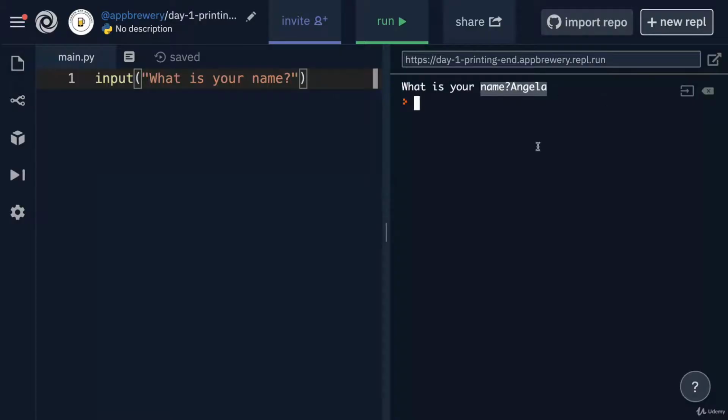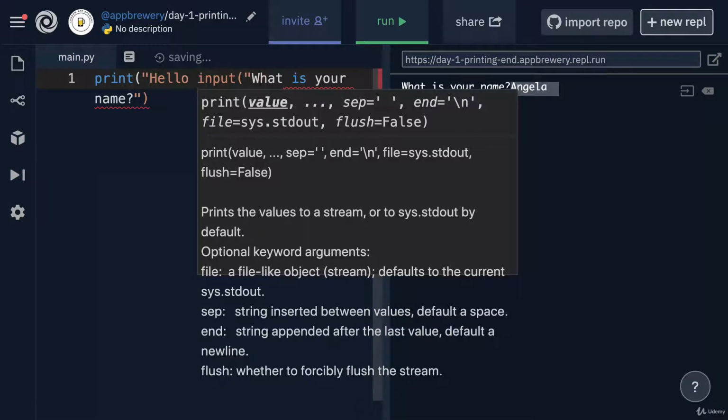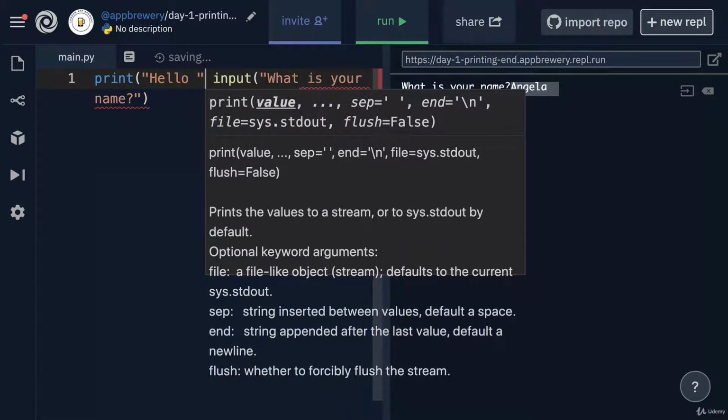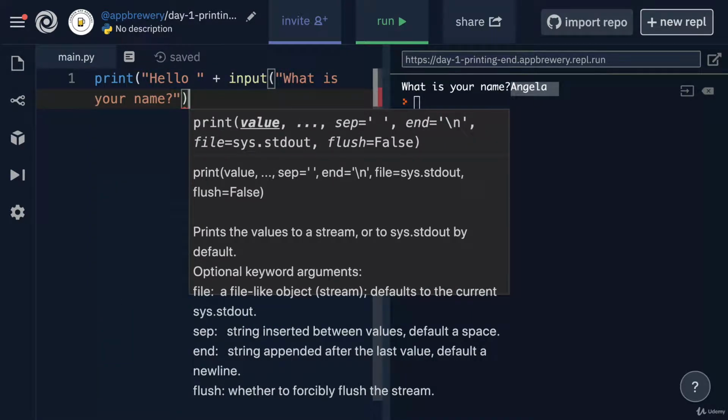So what can we do with this data? Well, we can use it inside our code. Remember how I said, once this line of code executes and I've entered Angela as the response to this input, then this part of the code gets replaced by whatever it is that the user typed in. So in this case, it becomes Angela. And what I can do with it is, let's say I wanted to print something like, hello, Angela. Well, then I can simply write hello plus input,